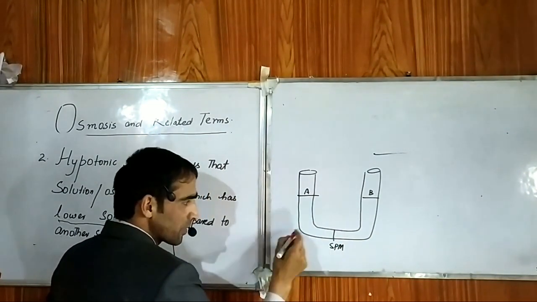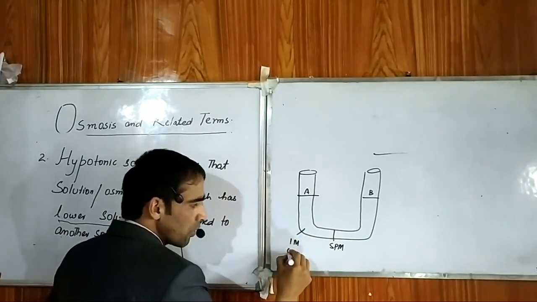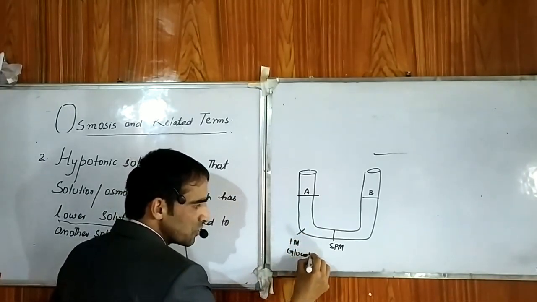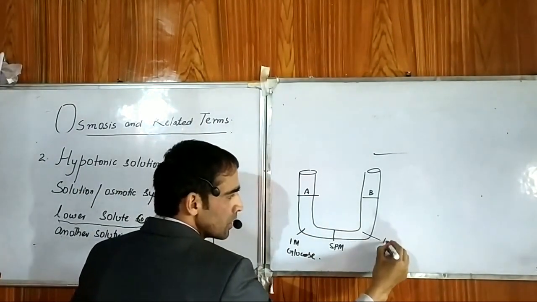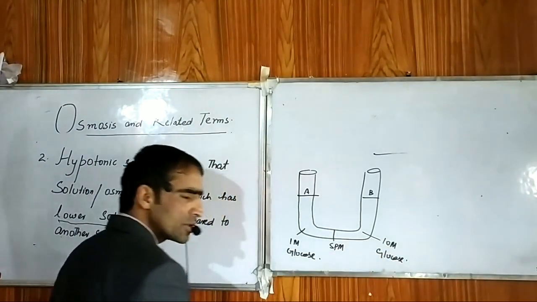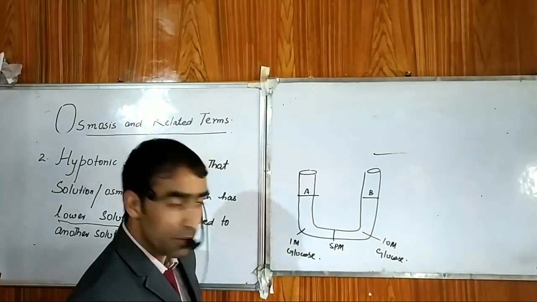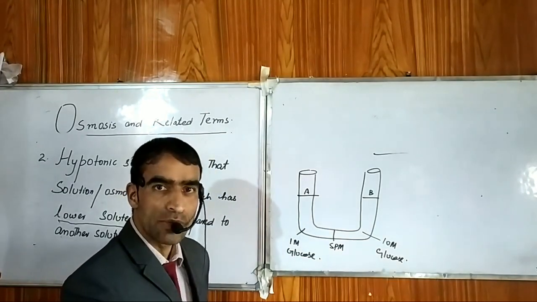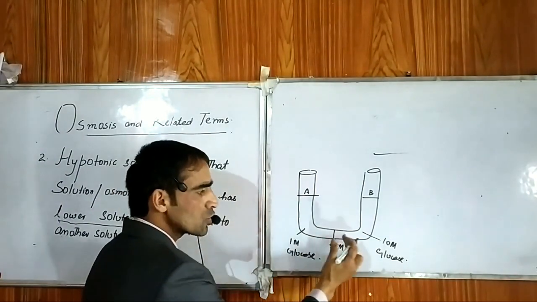Okay, this contains for example 1 molar solution containing glucose. Suppose this is 10 molar solution containing glucose. जरा बेटा आप मुझे बताइए सोल्यूट्स किसमें ज्यादा है? सर बी में। सोल्यूट्स किसमें कम है? सर ए में।